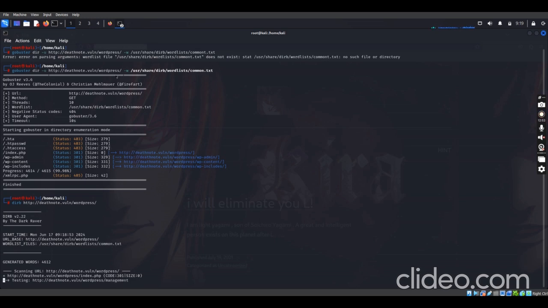Since we know that this website is a WordPress website, we can also use other tools to scan this website itself to see vulnerabilities from the website which is hosted on this server.